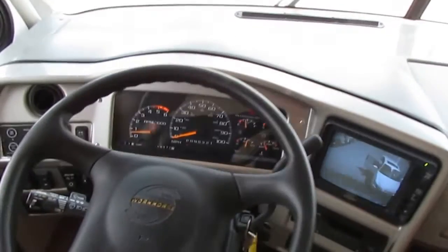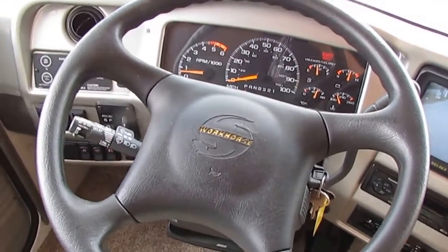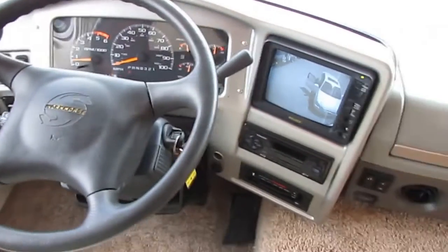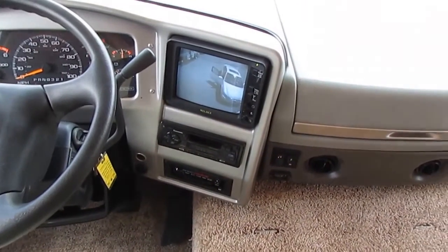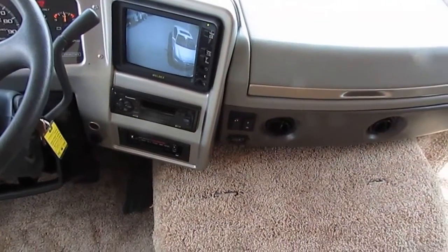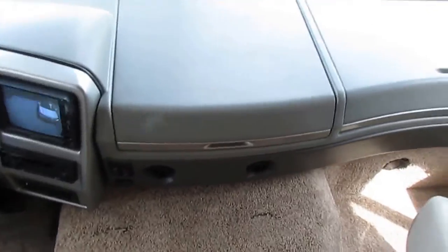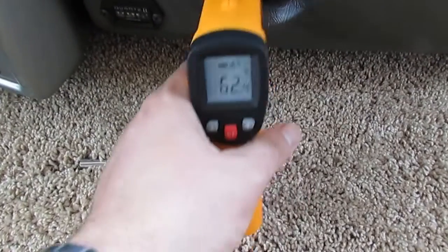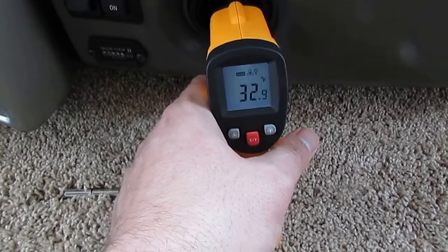Starting here in the front cab, folks, no check engine lights. I've got the motor running. No warning lights. It's got the parking brake light on because I have the parking brake on. They got the power gear jacks, Workhorse chassis, and get this, folks, this is something my 2008 Winnebago doesn't have working. This unit has got ice cold dash air, and usually when somebody takes care of one, because I've not seen an '02 that the dash air works on that hasn't been worked on, hasn't had to have a compressor or something put on it,